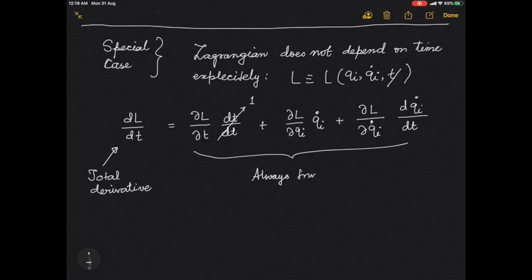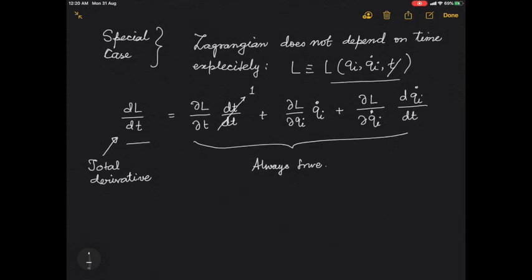In fact, this is the definition of dL/dt if L is a function of these three variables, right? It doesn't matter which system you are looking at. It doesn't even care about which trajectories you are looking at. Now, if I am on the trajectory followed by the particle,